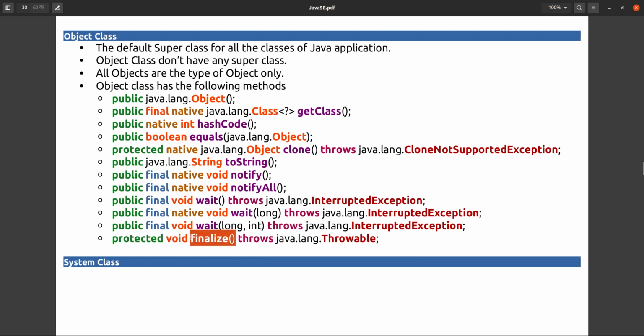This is used whenever the JVM is trying to delete some object from memory. Before deleting that object from memory, the JVM will call this finalize method, because if you want to process some final actions before deleting the object, you can do that using this one. That is a different use. Okay, so let's see one by one.